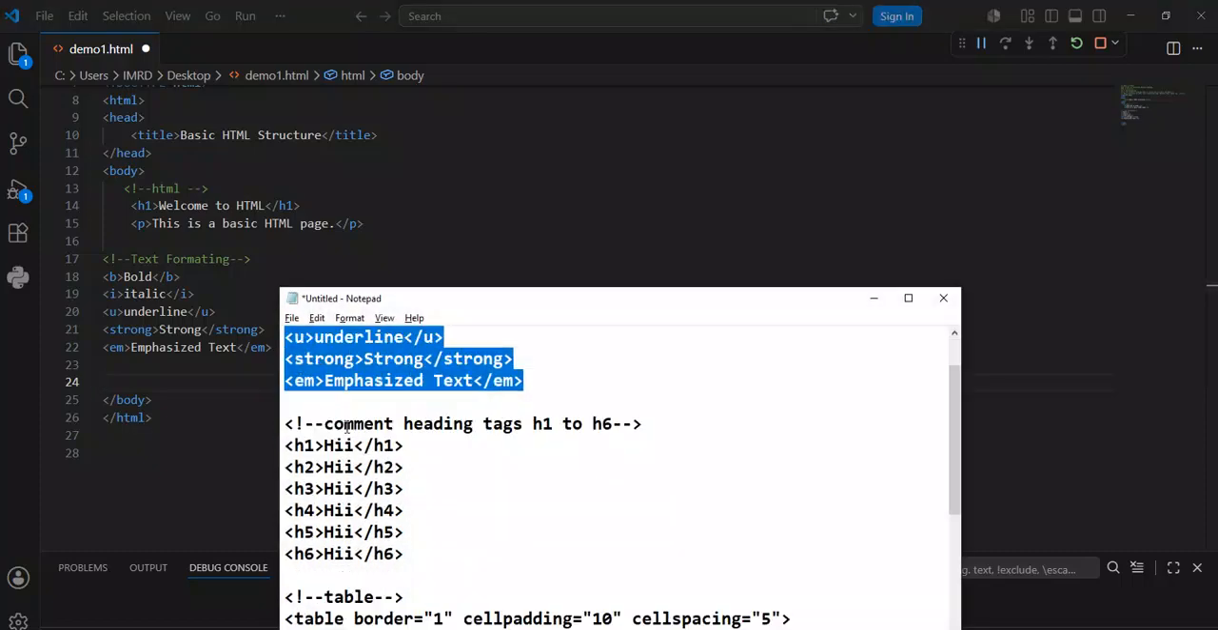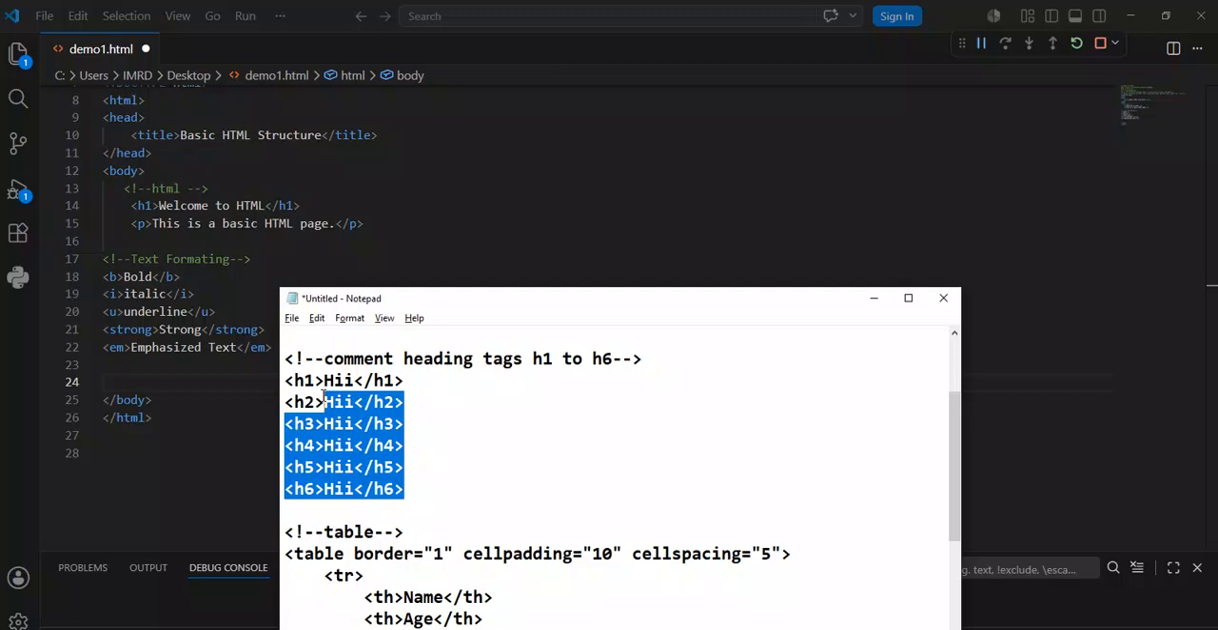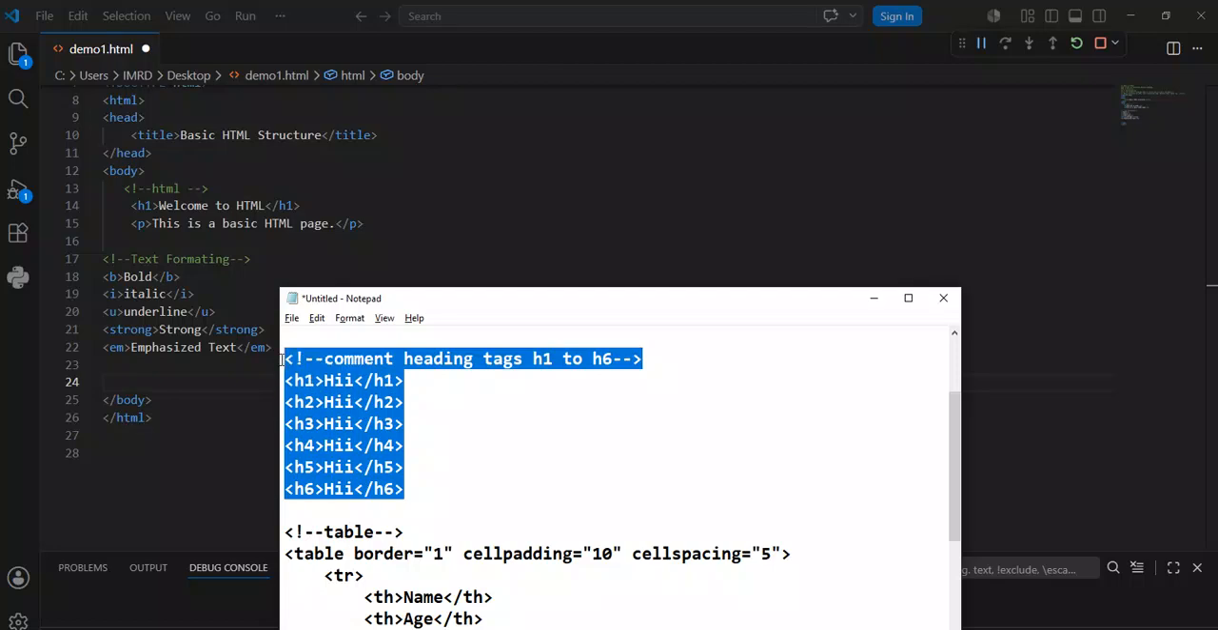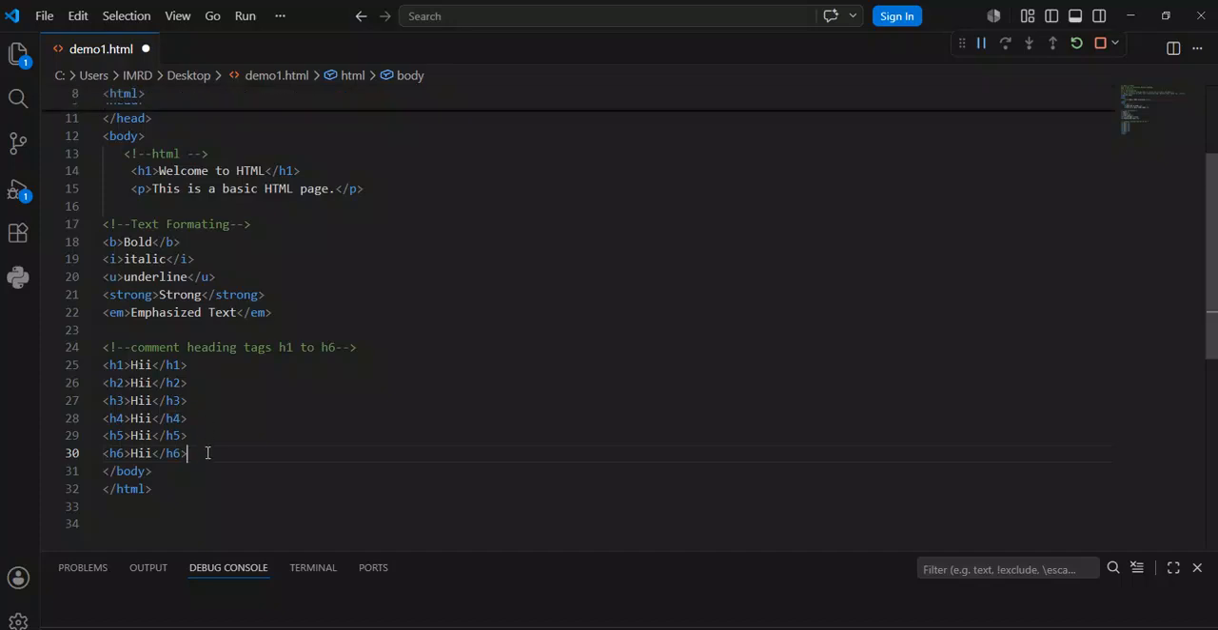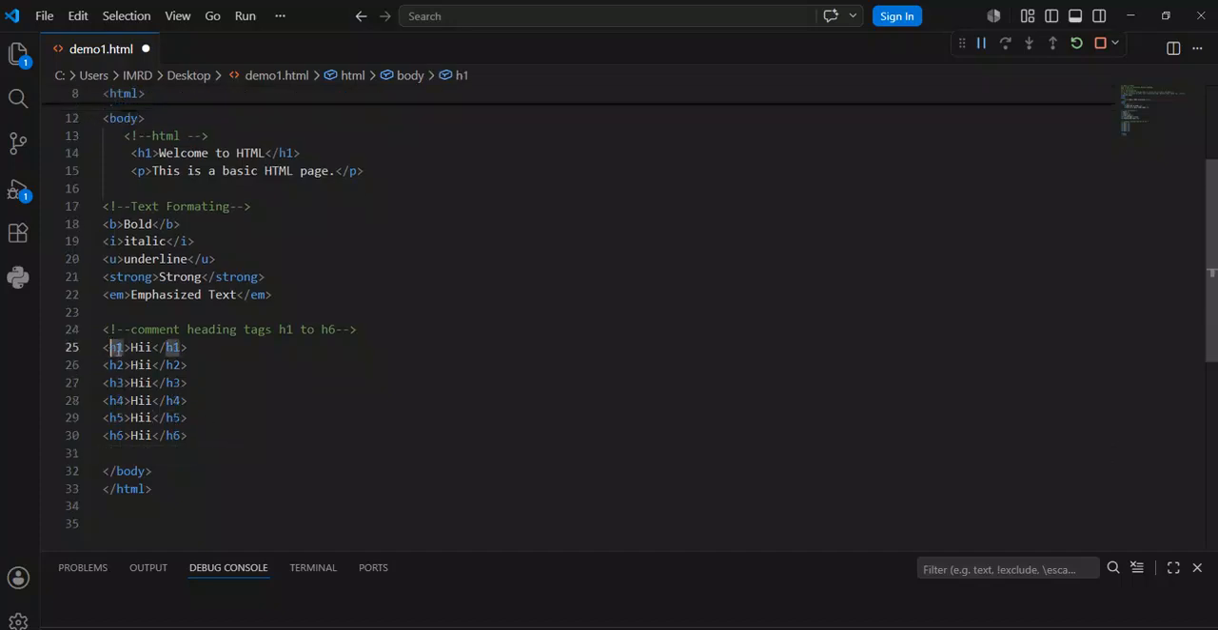The next one is the heading tag. Heading tags are used from H1 to H6. H1 is the highest and H6 is the lowest. So I am saving